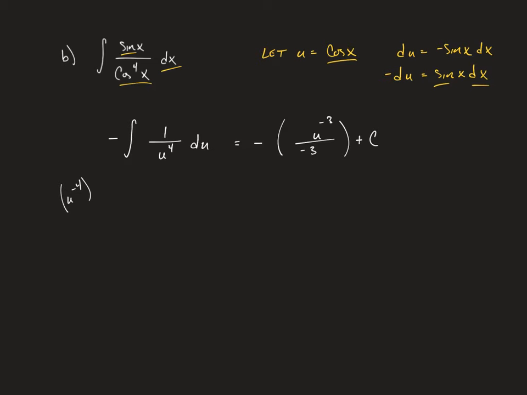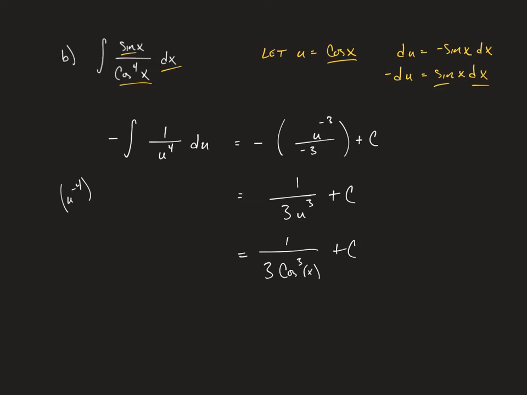And so now I'm going to make my substitution and put the cosine back where it used to be. So actually, before I do that, I should rewrite this as 1 over negative 3 times u to the 3rd, remembering that that u with the negative exponent goes to the denominator. And in doing that, I don't need these negatives anymore, because a negative divided by a negative is a positive. So now I can replace u with cosine and say 1 over 3 times cosine cubed of x